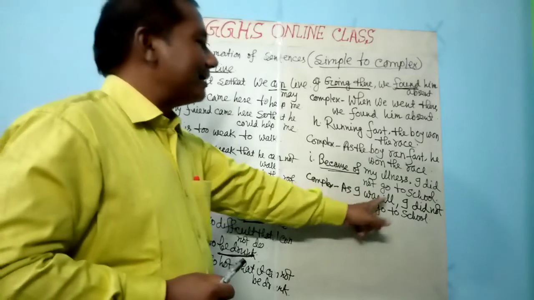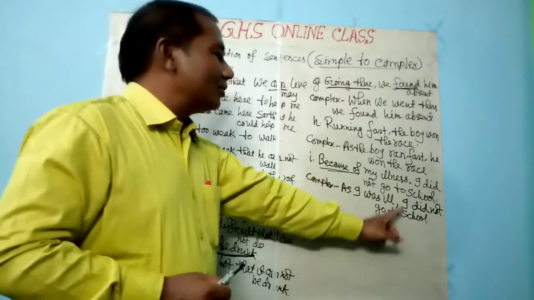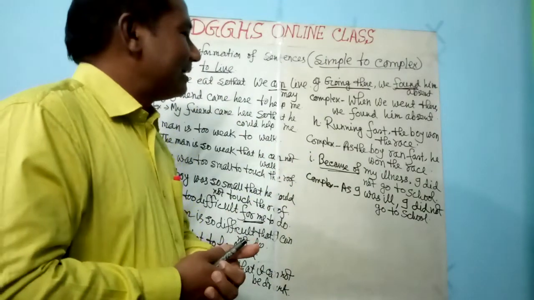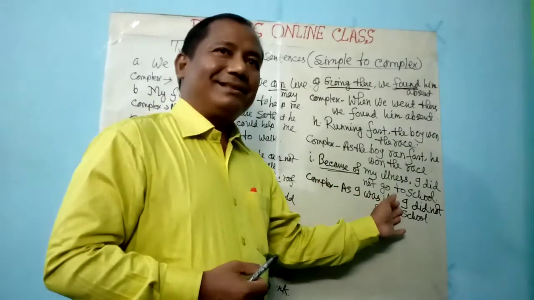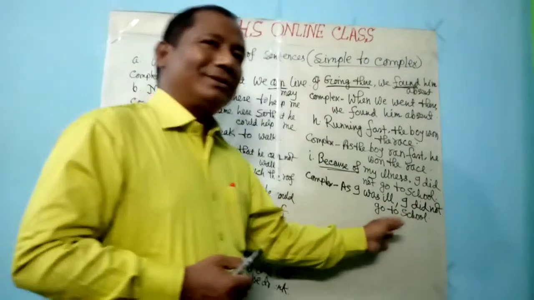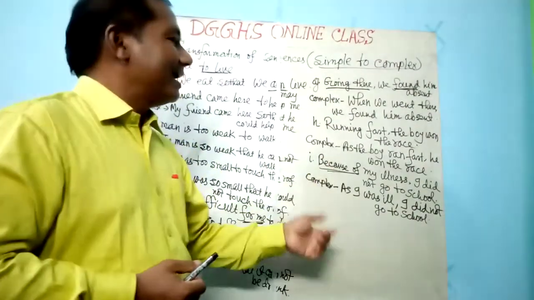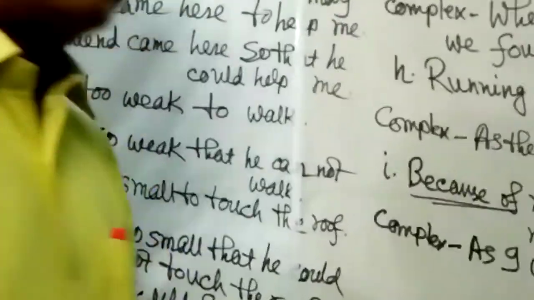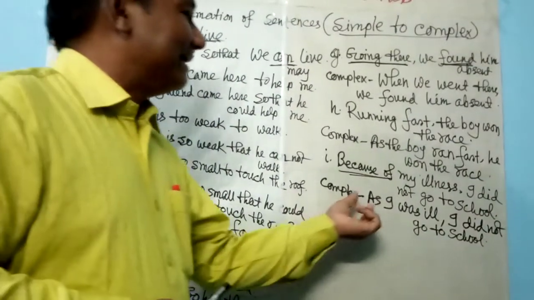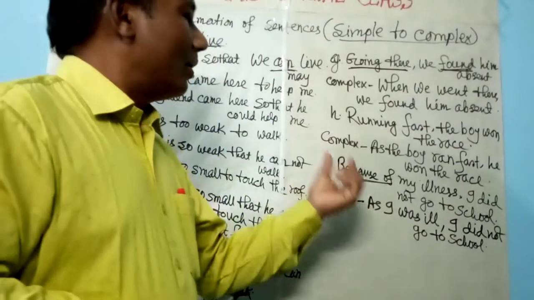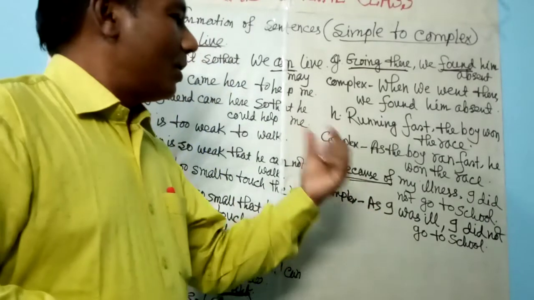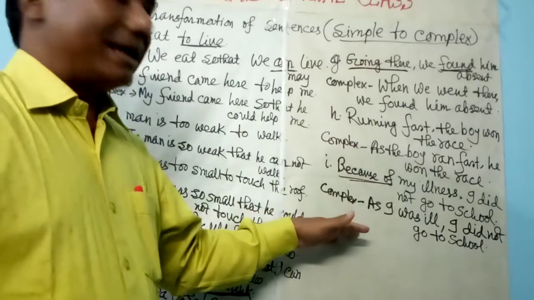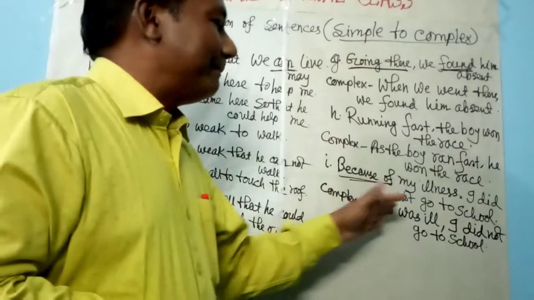As I was ill, I did not go to school. In other words, since I was ill, I did not go to school. Next, because I was ill, I did not go to school. And you also know that these as or since or because, you can use them at the very beginning of